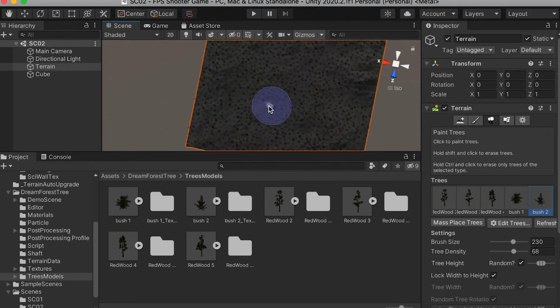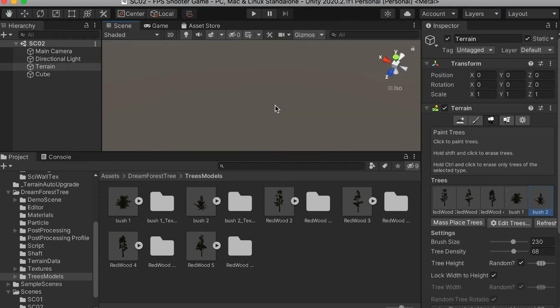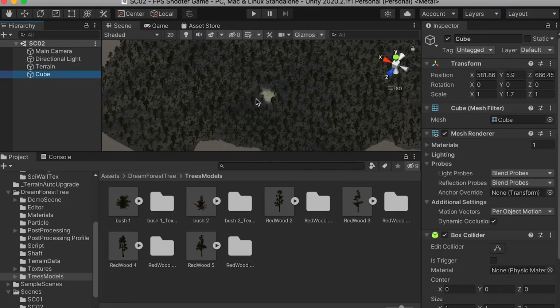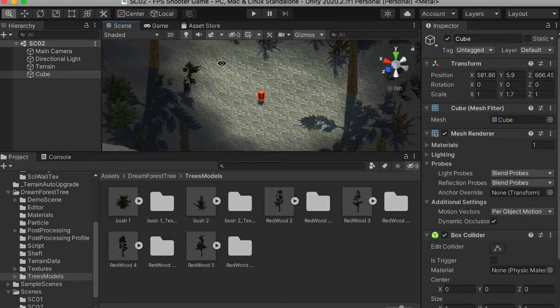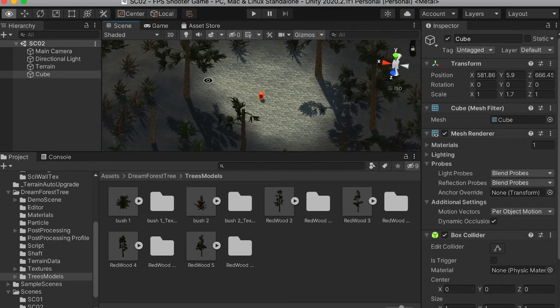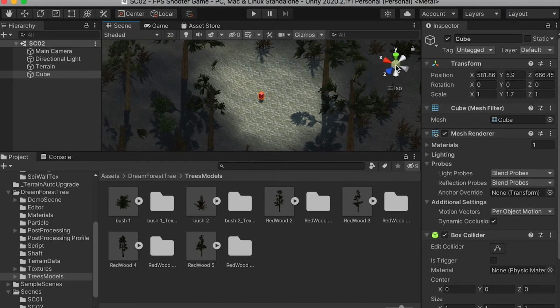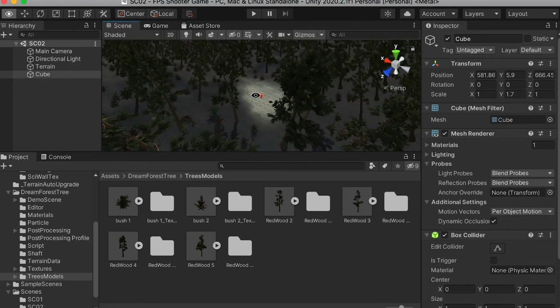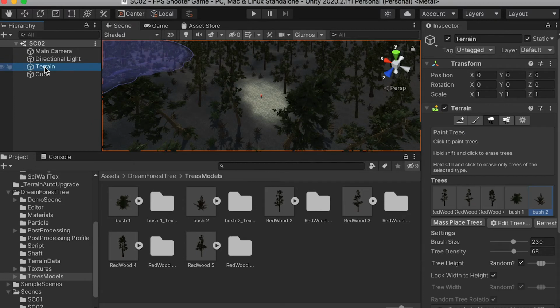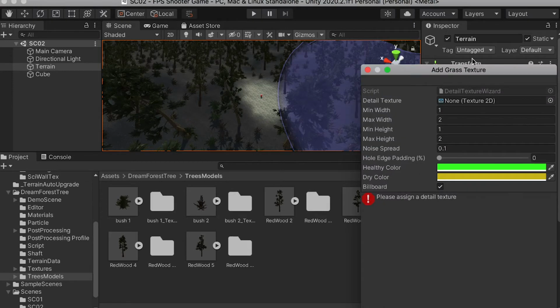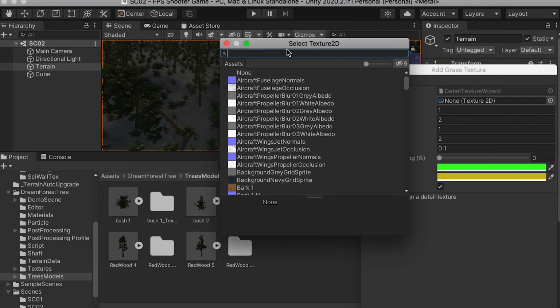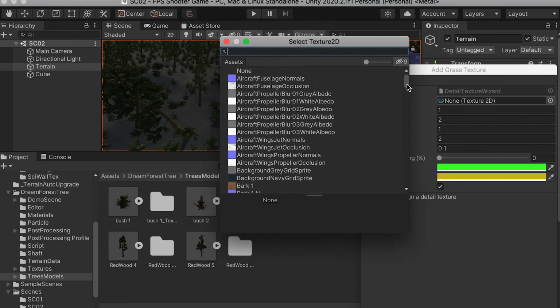Okay, and then we're going to move on to the grass. Anytime if you lost target, just press F key to zoom in. Okay, and alright, and here I'm going to select the terrain and I'm going to go to paint details and add detail and add grass. And here I'm going to look for the grass texture in this package. So it should be